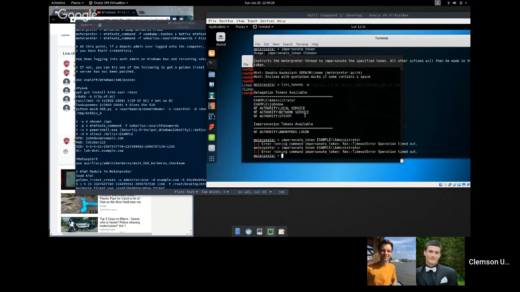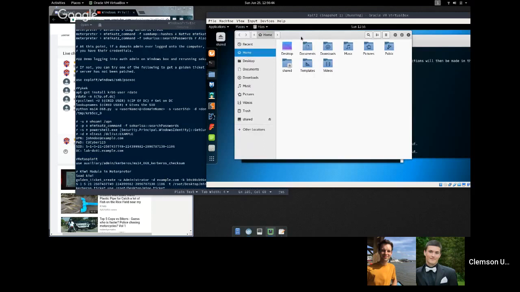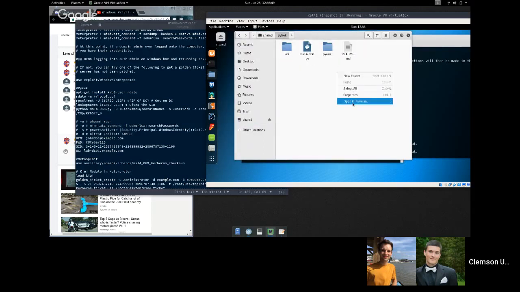So with that, if you don't end up with anything, you can try an exploit called MS14068, which is a Kerberos exploit. The Python script for PyKek doesn't work for me right now. I think it used to work a while back. So if we just go into PyKek and I run